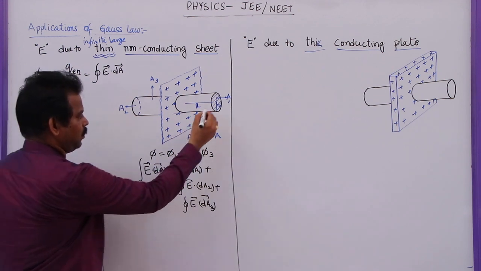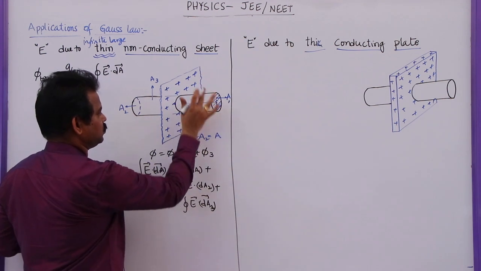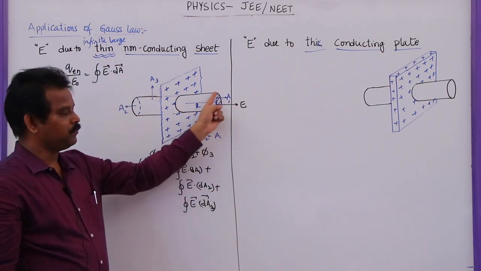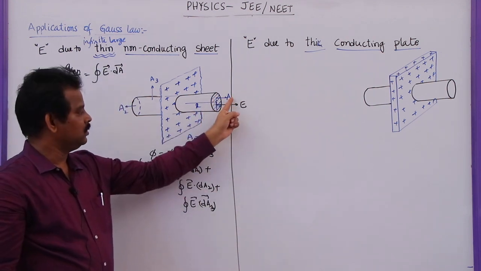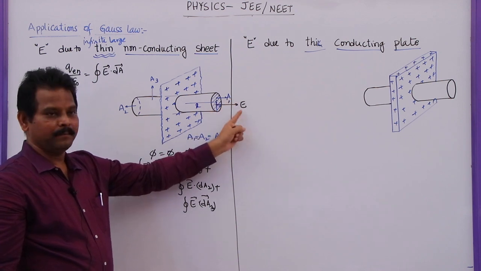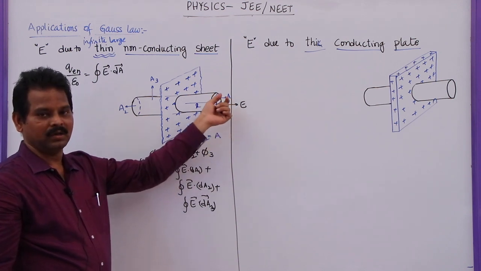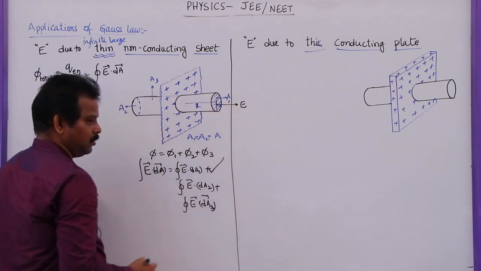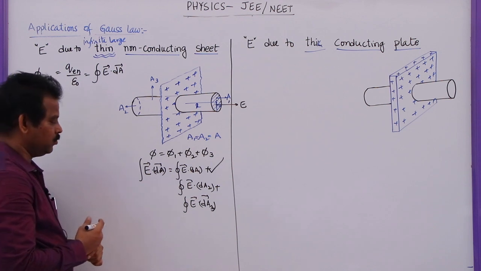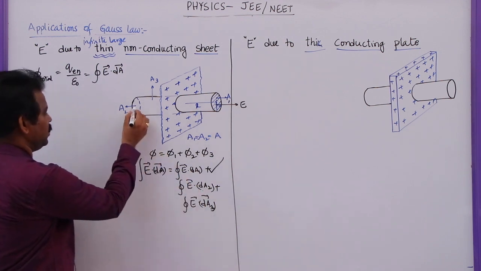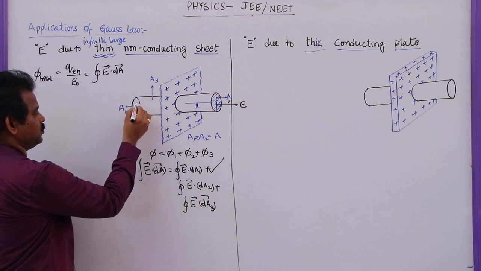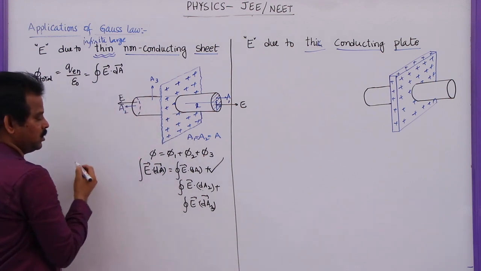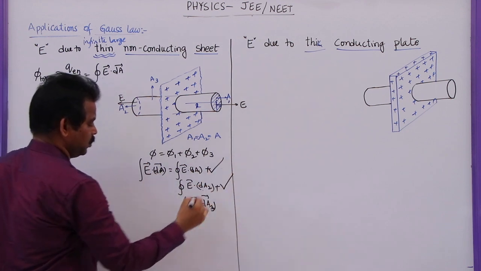Here the electric field at this point due to this charge distribution will be outwards. This is E, and the area vector for this will be outwards, A1. So both are parallel to each other. The angle theta between E bar and the area vector is 0. So this is a positive or non-zero value. But what about this one, dA2 bar? Here also, due to this charge distribution, the electric field will be in this direction, the area vector is in this direction, and this is also a non-zero value.